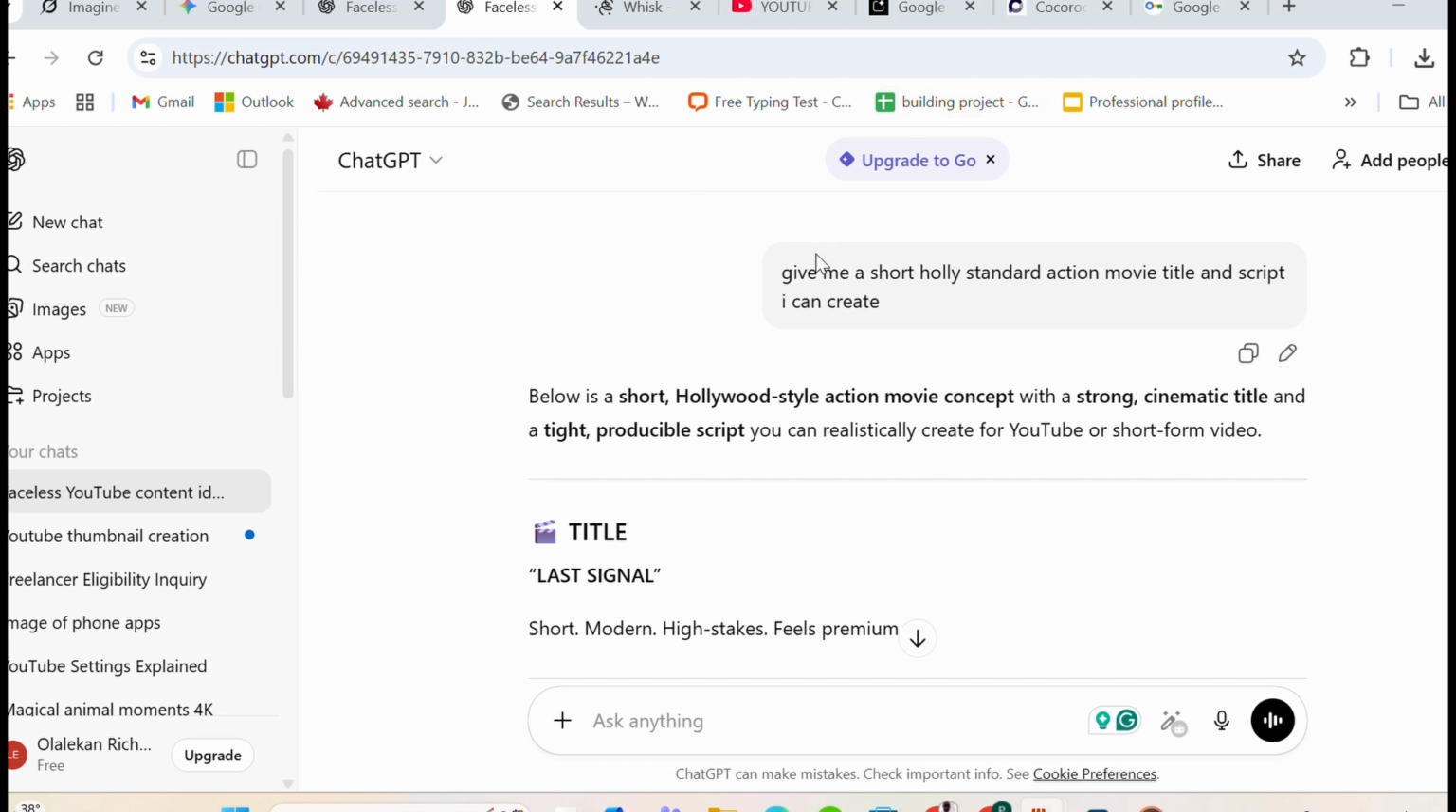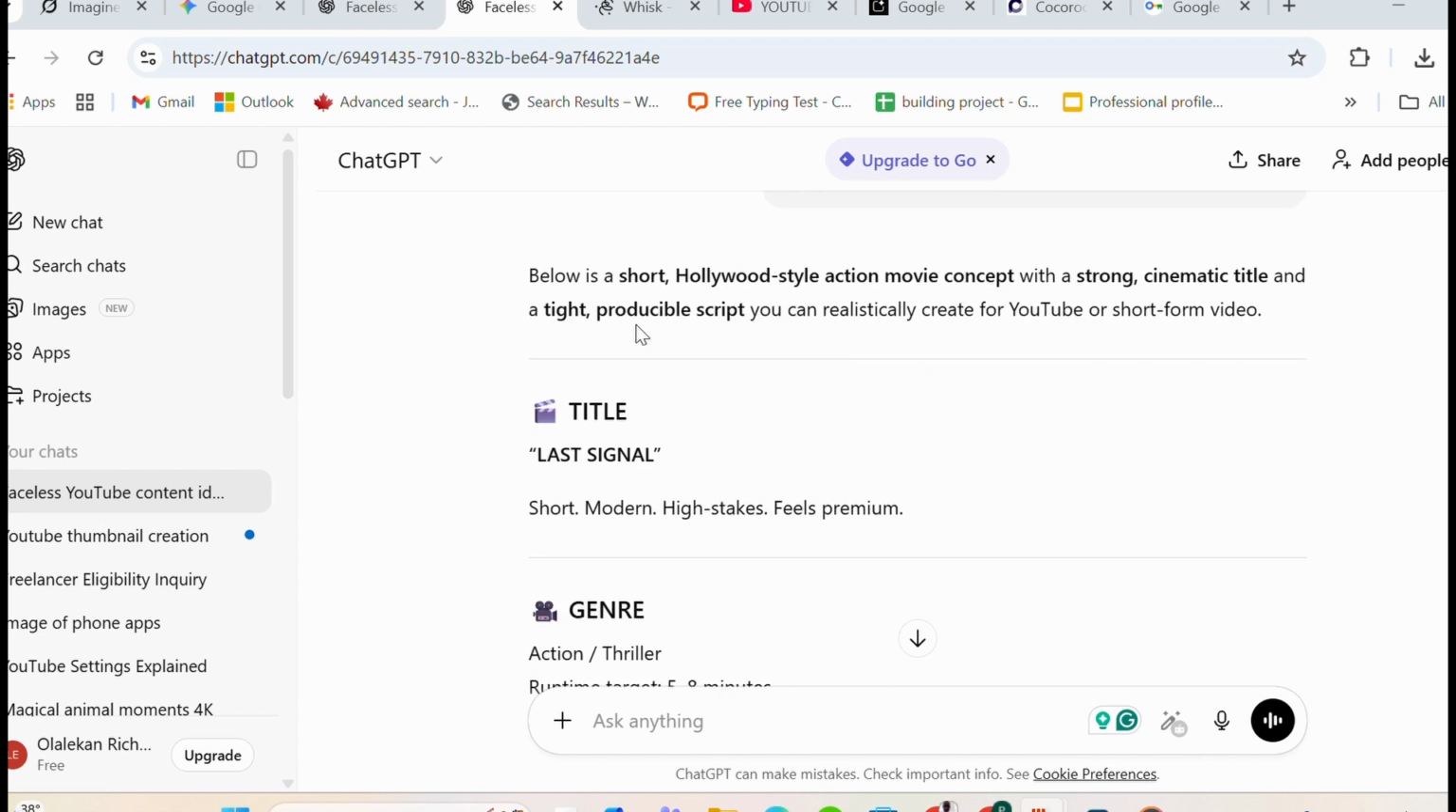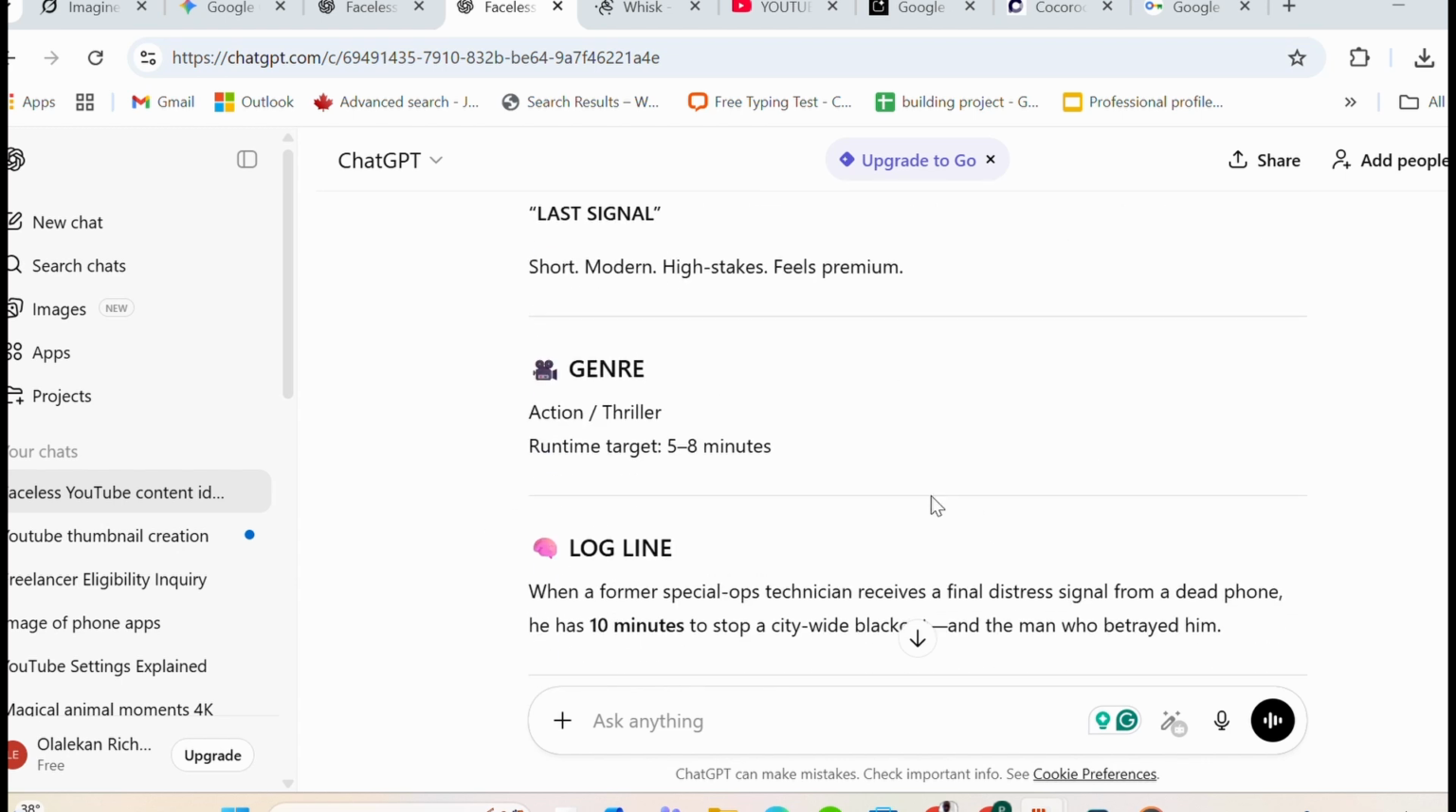As you can see, I've already generated my script, which is Give Me a Hollywood Standard Action Movie, title, and script I can create. So you can see the response from ChatGPT, and the title is Last Signal. Here you can see the script has been generated, and also for the visuals,